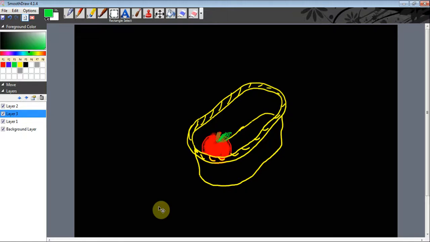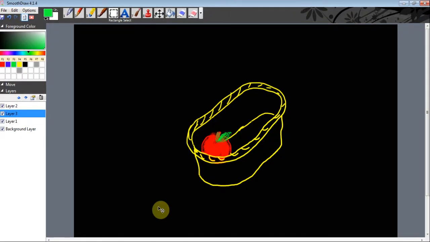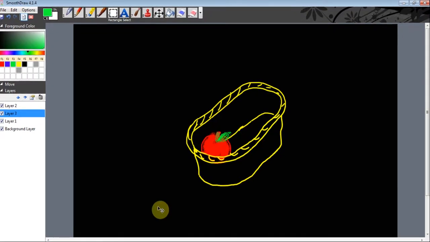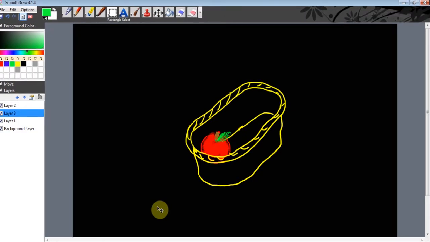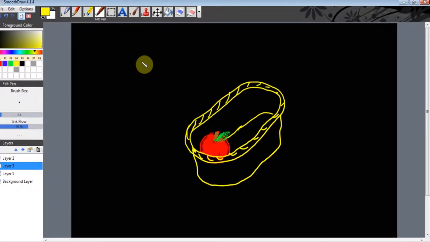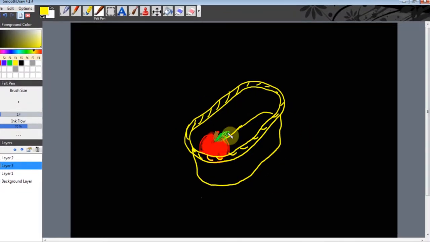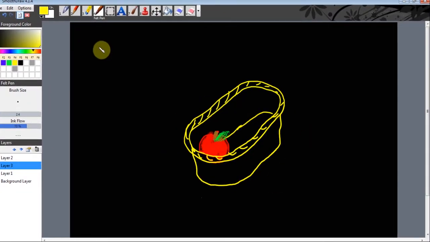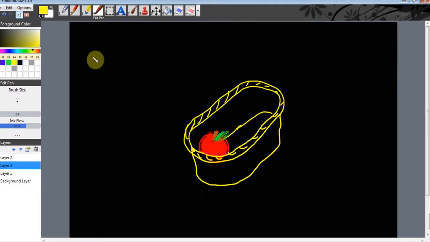Okay, for this next bit, I need to explain something about the way that the equal sign works. So, in this example, what I'm going to do is show you an example. Say we have a basket, and that basket has a quantity of apples. So, my equation is going to be